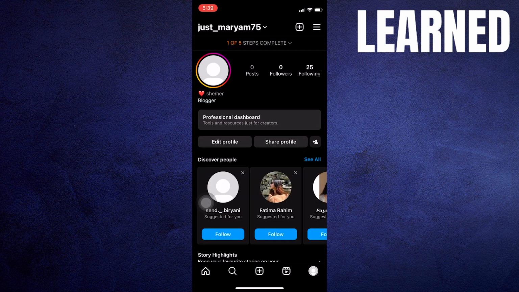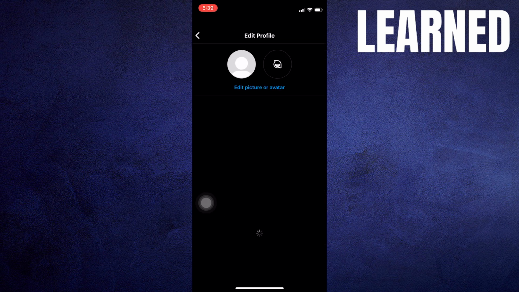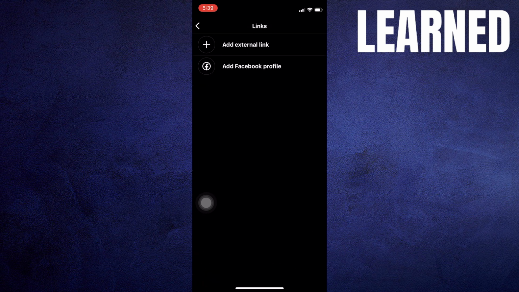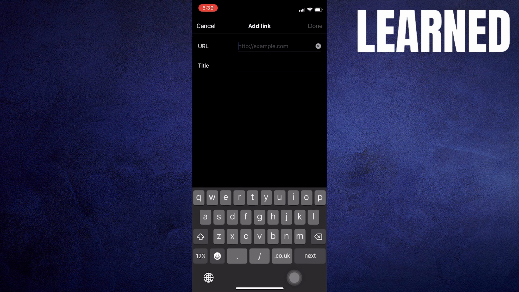Now tap on your profile icon from the bottom right corner. Then click to edit profile from here. After that, tap on the links option from here. Now paste the URL of your YouTube account in here. Then people will find this link in your bio and use it from